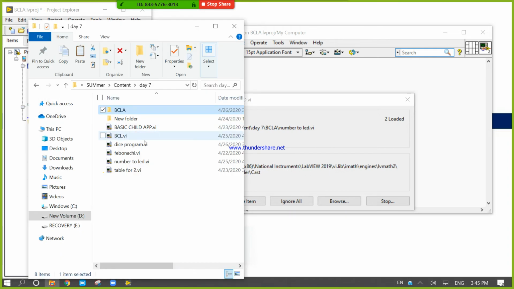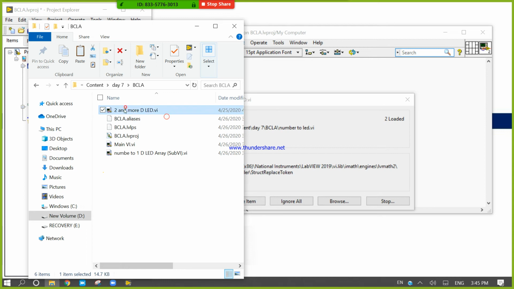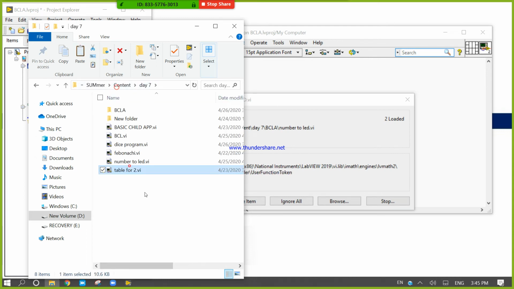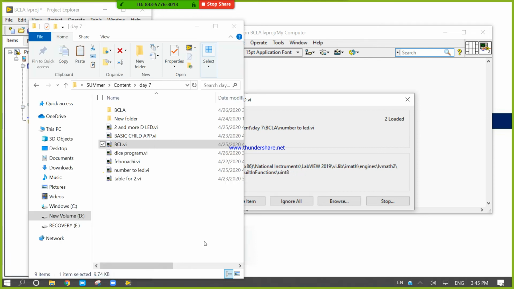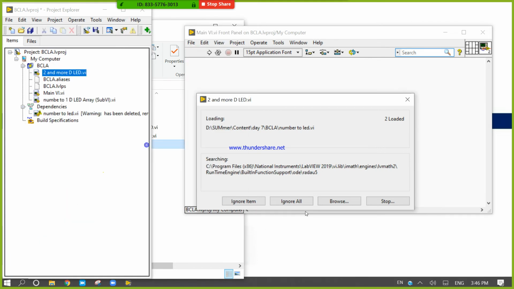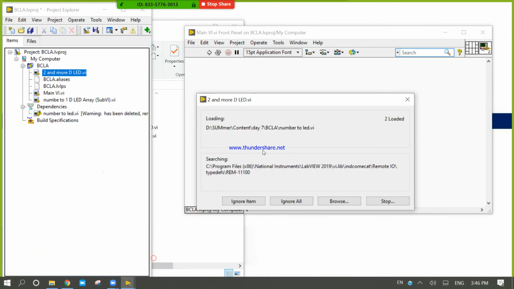Can I directly open and show? Copy. Look here, if I open this BCL VI program without any project, just open it.